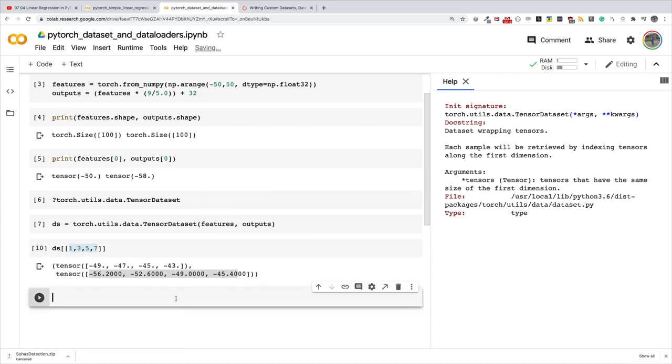That is when the DataLoader class also comes in handy. What the DataLoader class does is it helps us to fetch batches of items from our dataset, and it supports things like shuffling, especially when we are dealing with proper implementation of stochastic gradient descent, where we have to shuffle our data before every epoch of training. So the way we create a data loader is, I'm going to say data loader is equal to